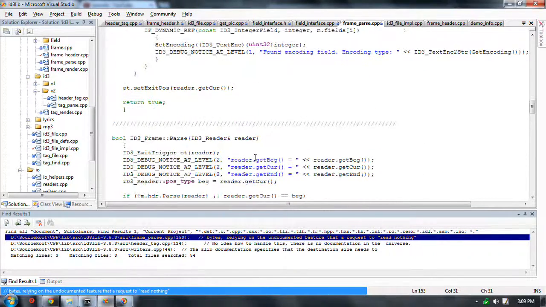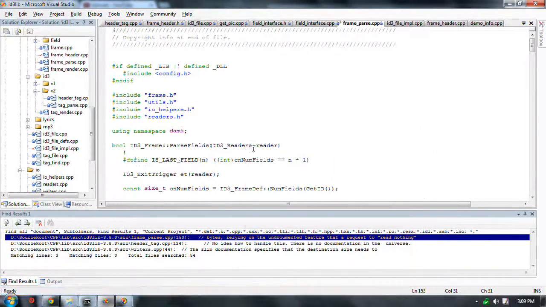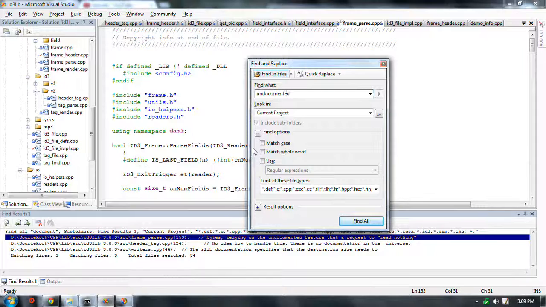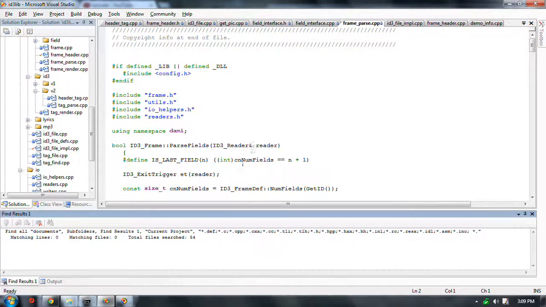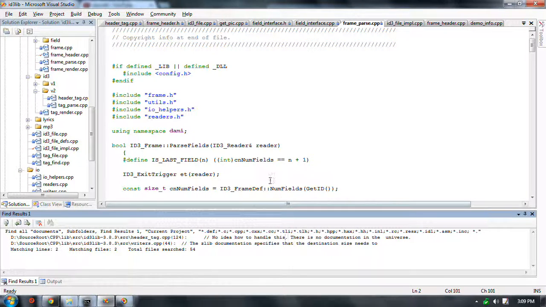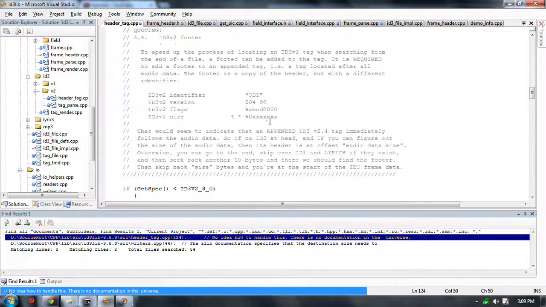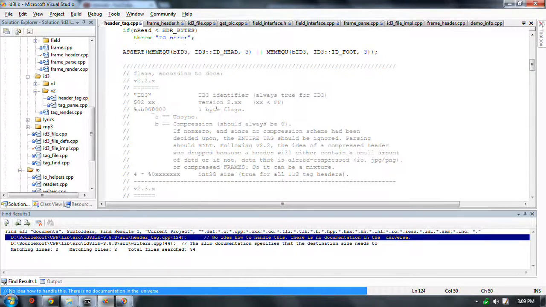Where is it? I just want to show you what gave me the hint. Documents. There are some things that I can't find any documentation for. Okay, now, as far as parsing goes,